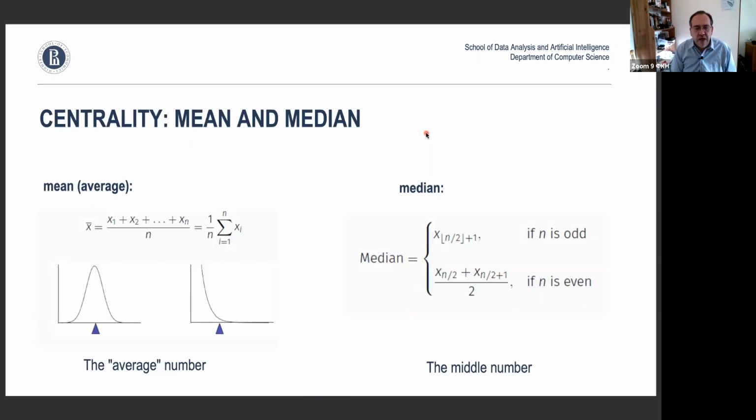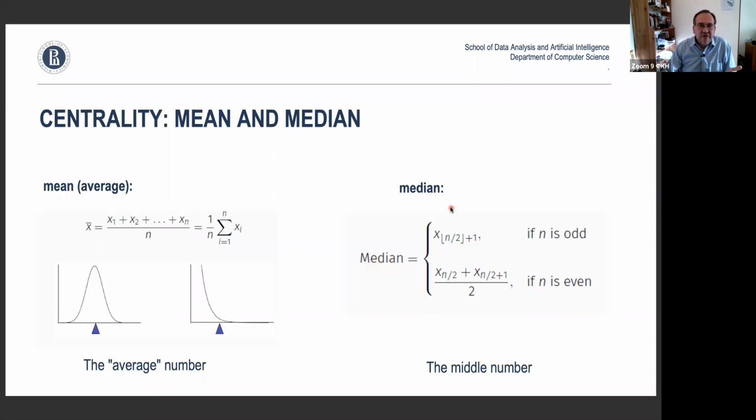So first of all, for some of you this might be obvious. For others, this is just a reminder. Those who have never seen this, well, take a look and just learn this, right? I mean, there are obvious things when you have quantitative data. You can calculate the mean or average of the data points, where you just add up all the values and divide by the number of those items, just the simple mean. But often you also want to calculate the median of the data set. And in fact,